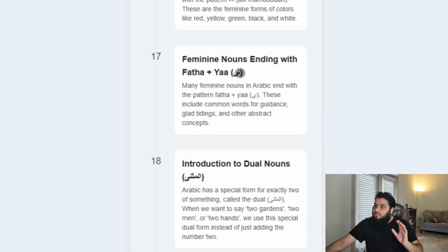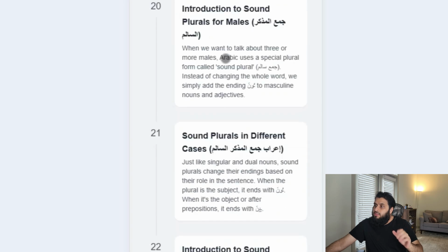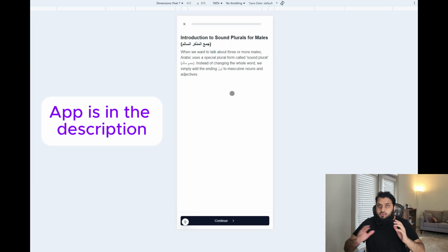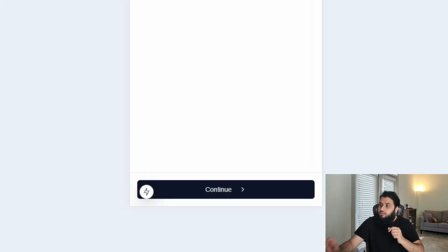So for example, let's click on one of these rules. Let's go to rule number 20. Okay, as soon as you open the rule, you will find a description of the rule at the top. Really simple, really straightforward. This particular rule is talking about how to make a singular word, right? How to make a word that is in its singular form into a plural form. So for example, you have a headphone, right? How do you say multiple headphones if you have multiple of them, right? Let's look at the example. What you do next is click on the continue button,